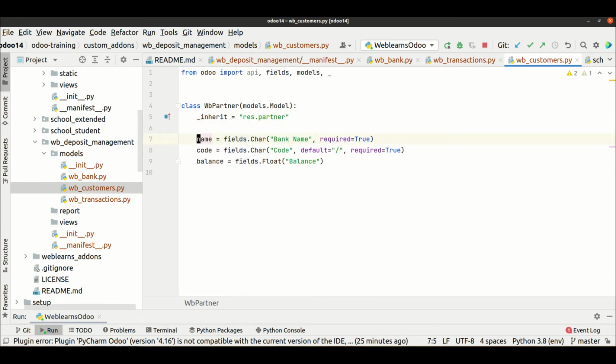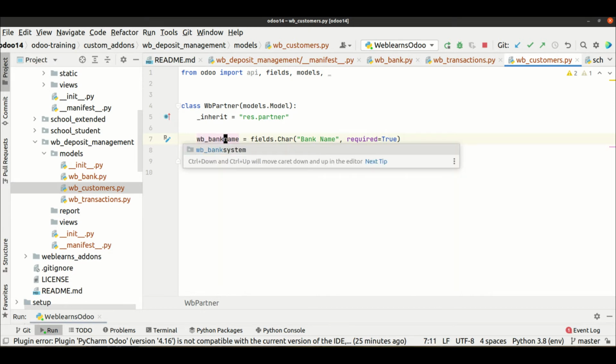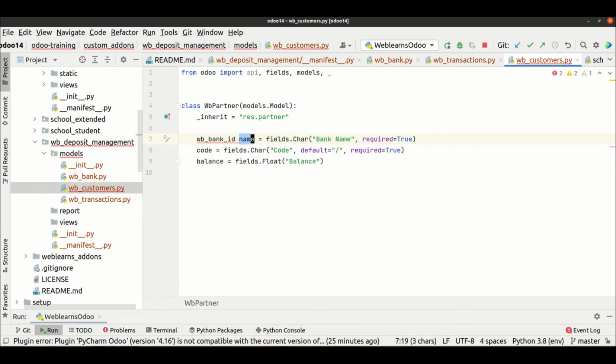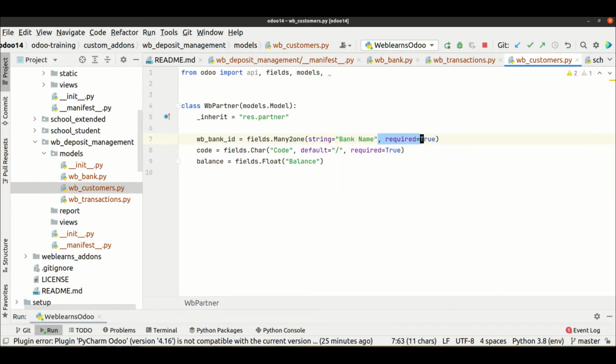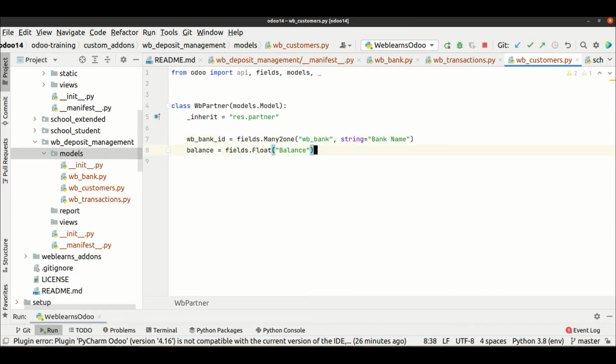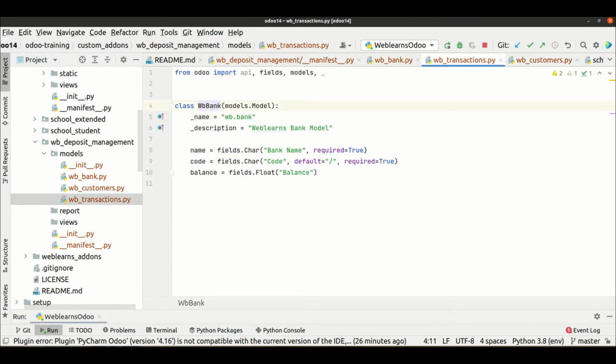So actually I'm doing WB bank ID, many to one, string, it is not required, and here the model name is WB bank. All right, and here also we need a balance for the specific customer, right? And for the transactions, yes, for the transactions,